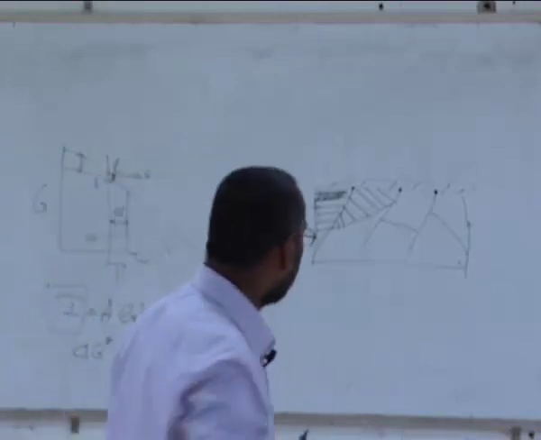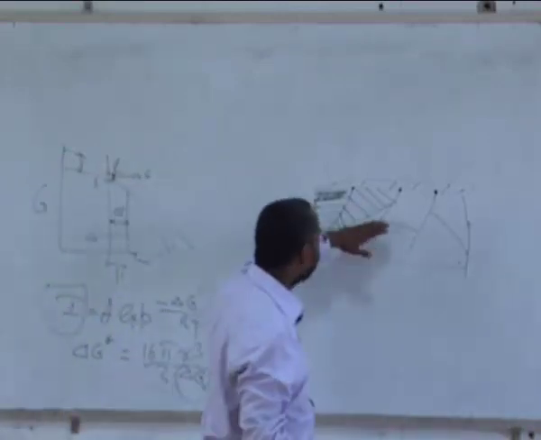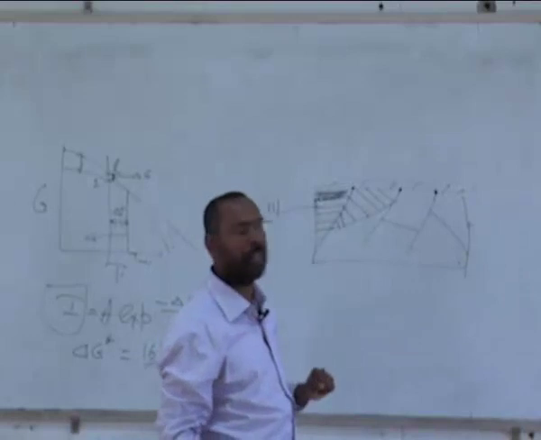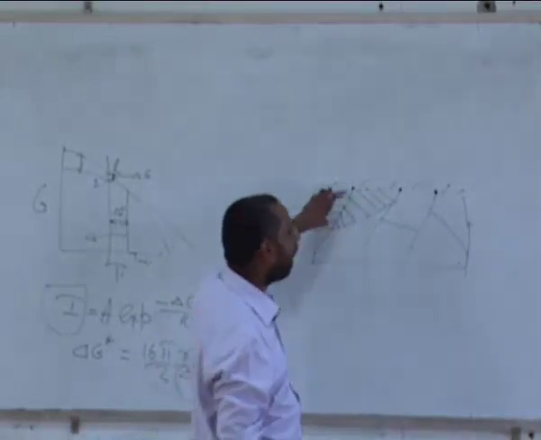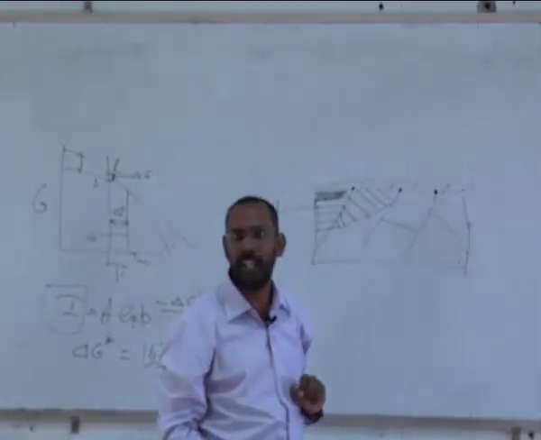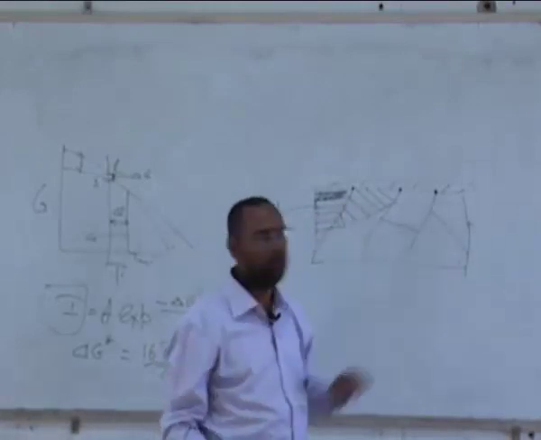And this grain boundary, because the atoms are oriented in a particular direction in this particular grain and in another orientation in that grain, when they meet, you form a boundary.